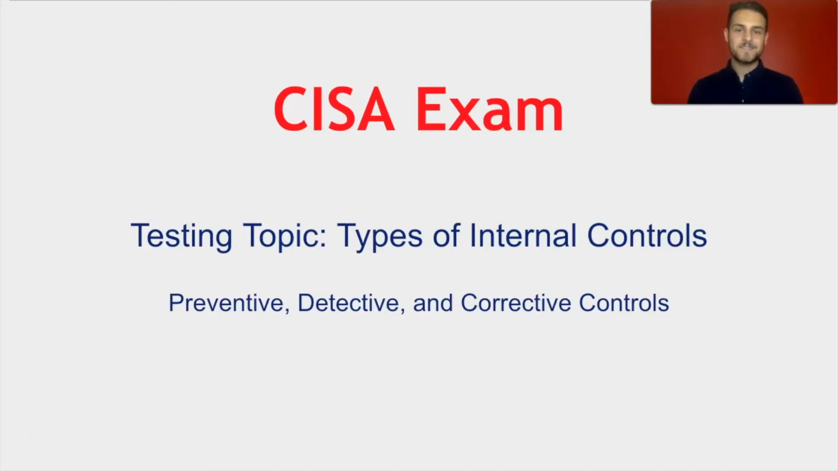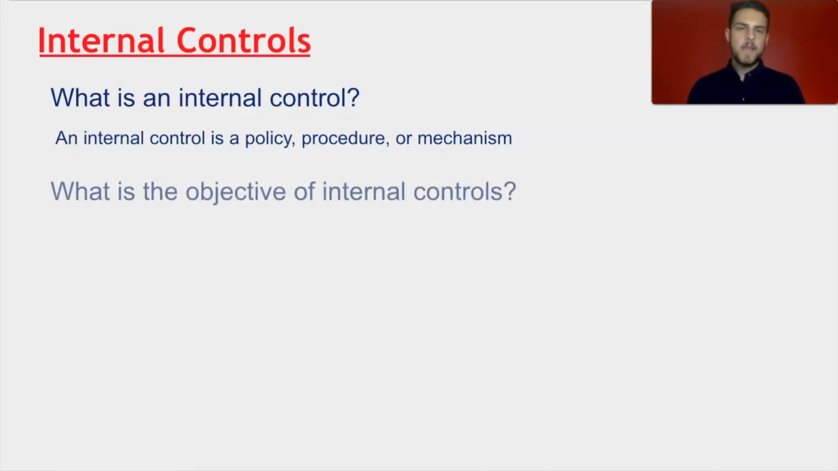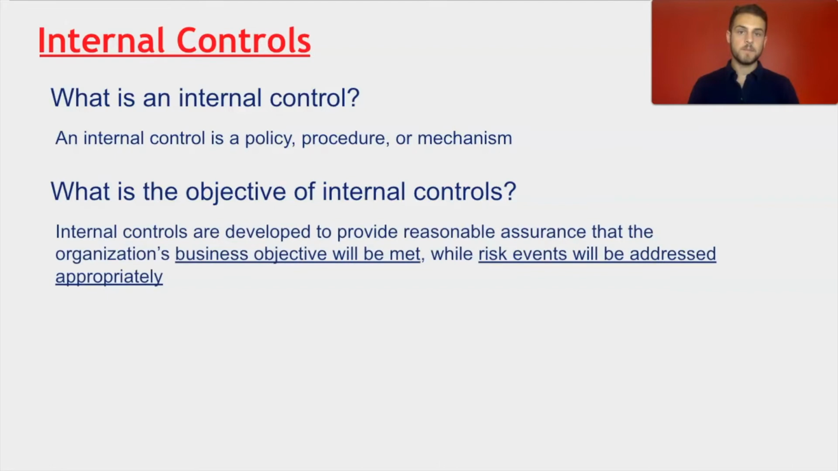Let's begin. An internal control is a policy, procedure, or mechanism. Think of a password policy or a procedure that requires employees to badge in order to gain access to a facility. Now, what specific objectives do internal controls try to achieve? To sum it up, internal controls are developed to provide reasonable assurance that business objectives will be met while risks